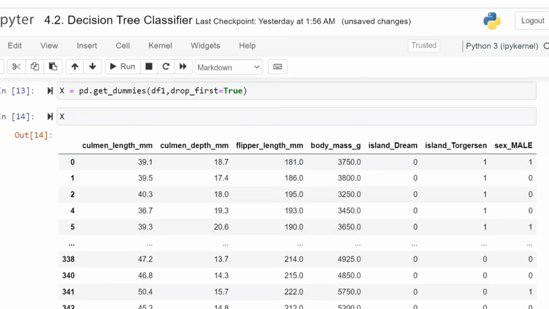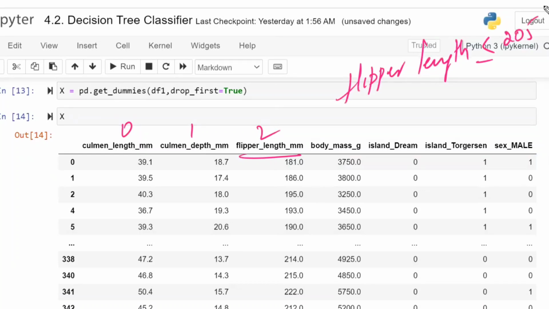This is the X. Out of this, 0, 1, 2. 2 means flipper length. The condition is flipper length less than or equal to 206.5. It has selected the root node as flipper length because it is having the least Gini impurity. Out of all of them, this has the least Gini impurity. So this is selected as your base one and it has started. This is the condition it has taken.